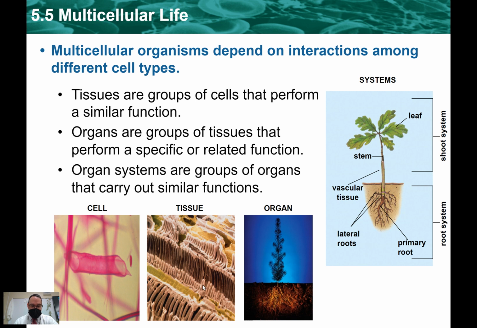And those tissues can combine to make an organ, okay? So for us, maybe like a heart, you have blood tissue in your heart, you have muscle tissue, you have connective tissue, a bunch of different types of tissues, all made of different cells to make up an organ. Here they're giving you some examples with the vascular tissue, the root tissue, right? Stem and leaves. These are all different types of tissues that exist in